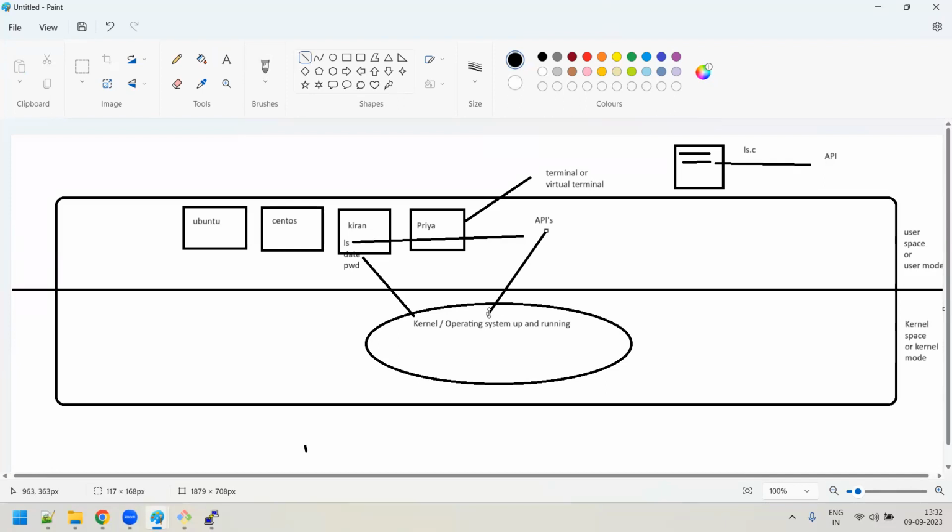Oh man, did you know all these things, guys? When I'm executing any program or command, some APIs are getting called because all those commands are nothing but implementations of some APIs. Those APIs are getting called into the kernel level, and that kernel is going to execute your APIs on behalf of this command. This is how it is happening.